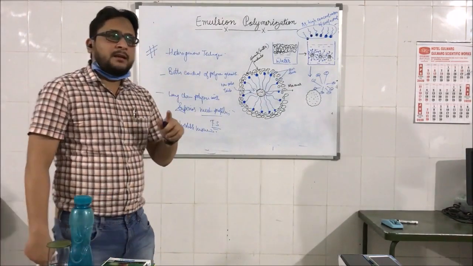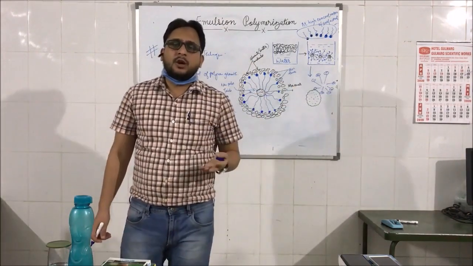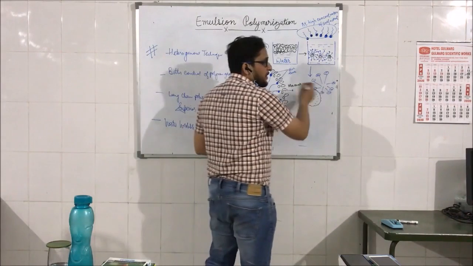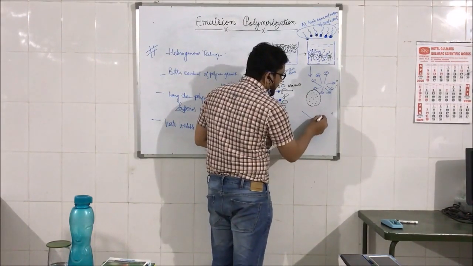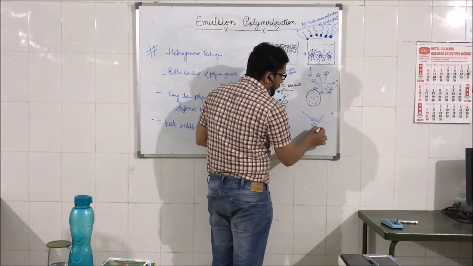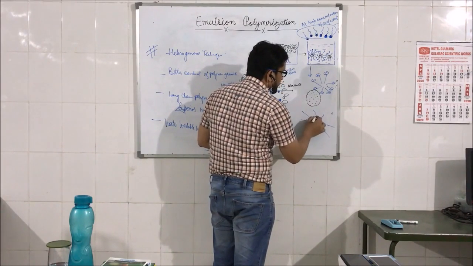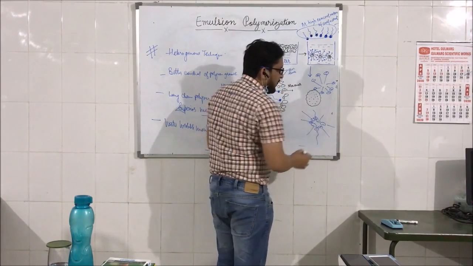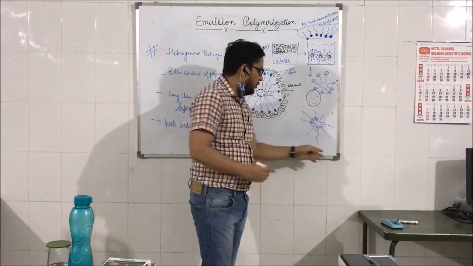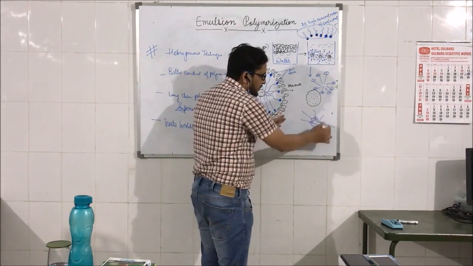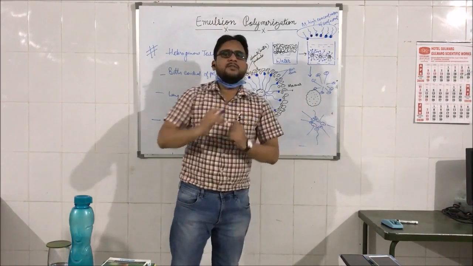In another case, if instead of water some organic layer, some non-polar solvent, is taken, then the formation of micelle will be opposite. In that case, all the polar heads will diffuse inwards while the non-polar chains will diffuse outward. This happens when the solvent is an organic, non-polar layer, so that all the non-polar sides will be towards the solvent, which is non-polar, while the polar side will diffuse inward.